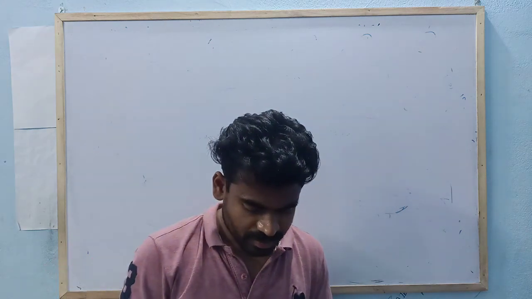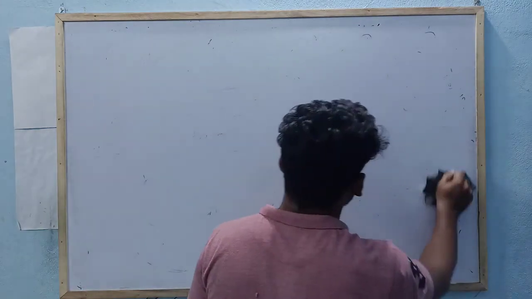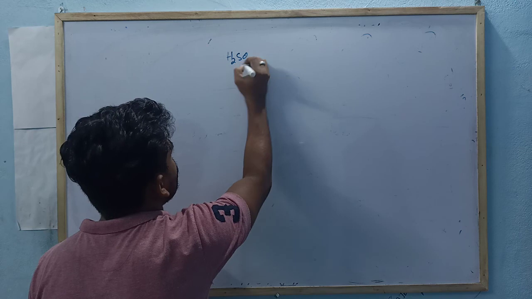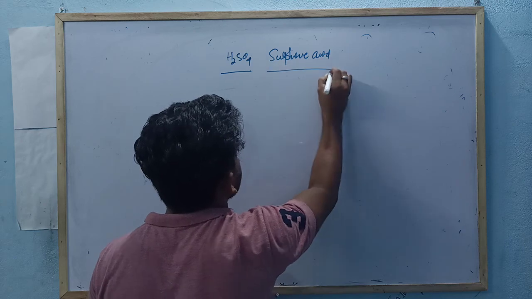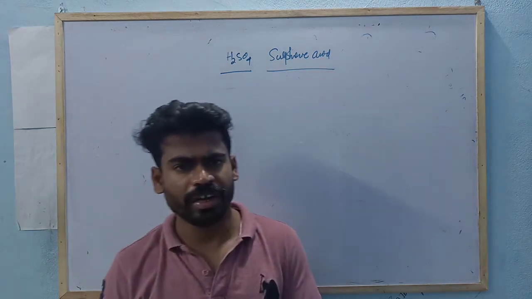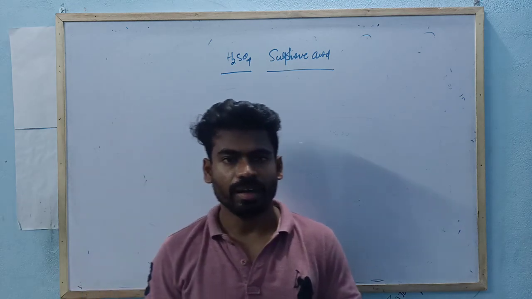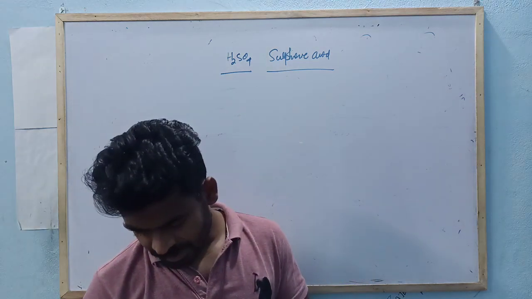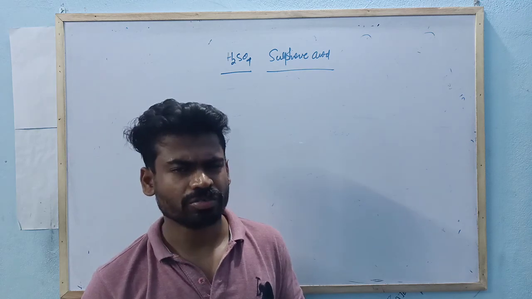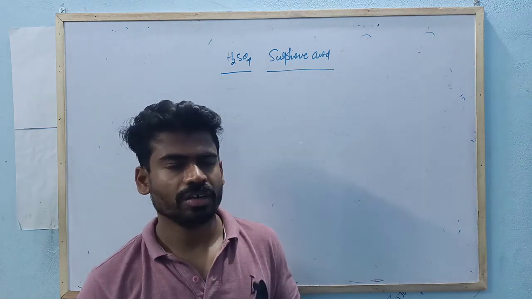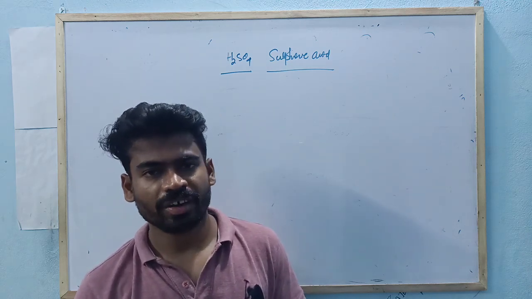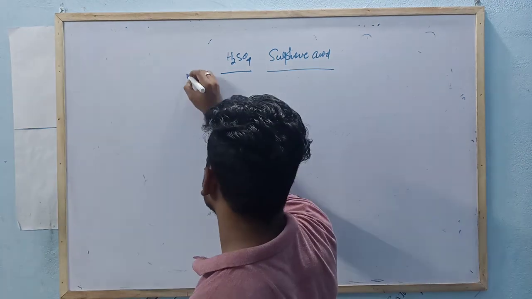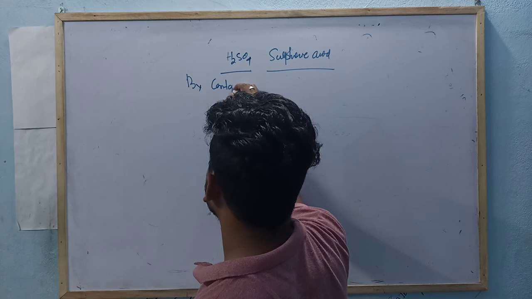Next, the topic that is a very important compound, H2SO4. This is called sulfuric acid, the king of chemicals, because it is frequently used in different laboratories. There are several methods of preparation, but we have to consider the manufacturing of sulfuric acid by the industrial method, that is by the contact process. Very important, by the contact process.